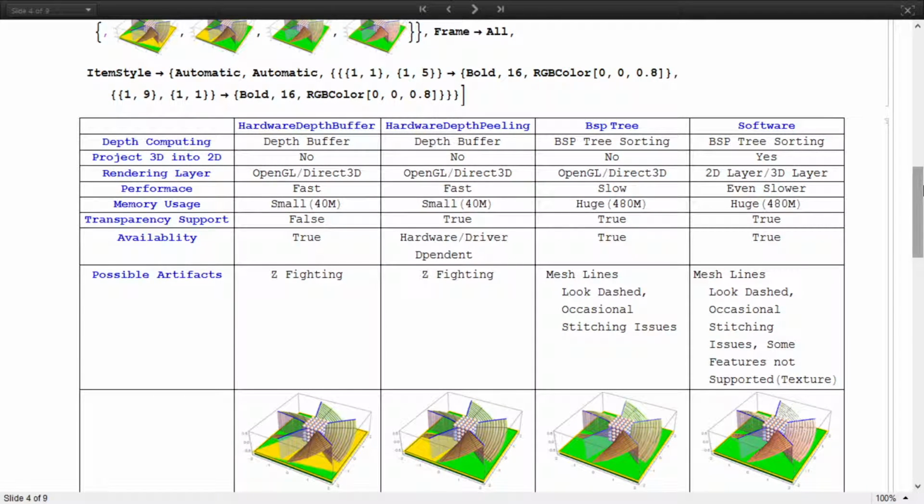Depth buffer is the default method used for non-transparent object rendering. As the name shows, it is using the depth buffer for depth computing. Because it's using the hardware, it will be very fast and use less memory. It is always available. But the downside is it might have some z-fighting issues,